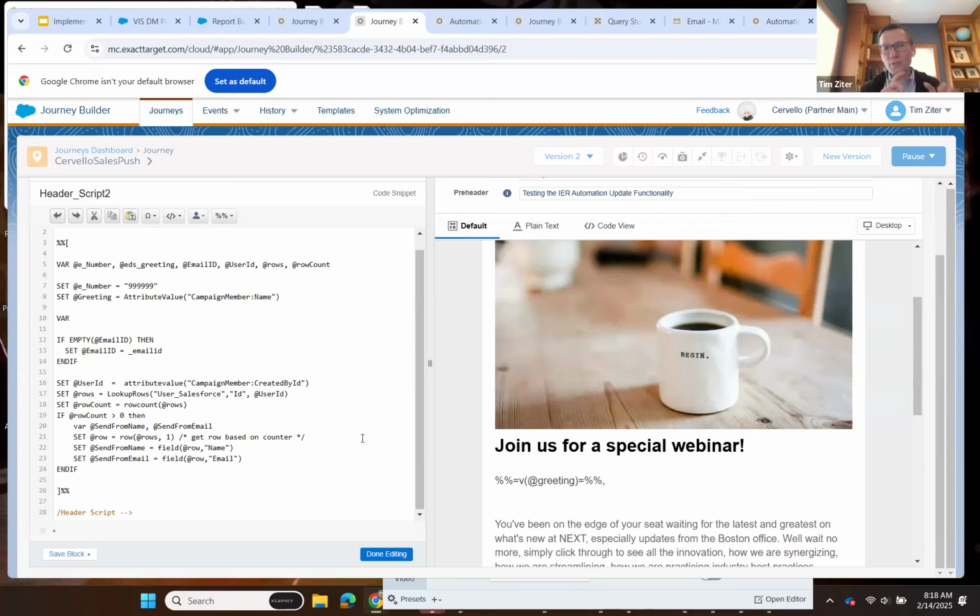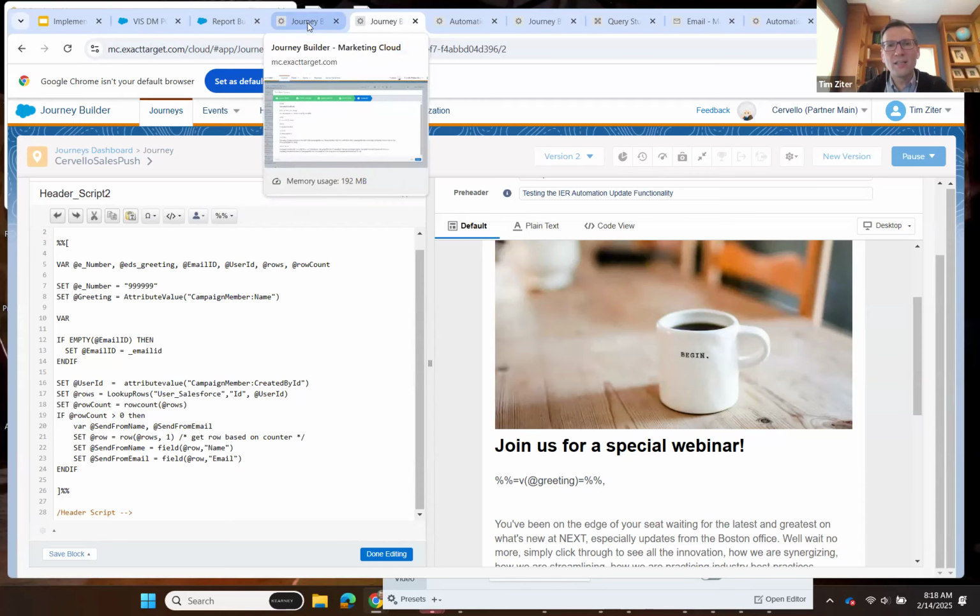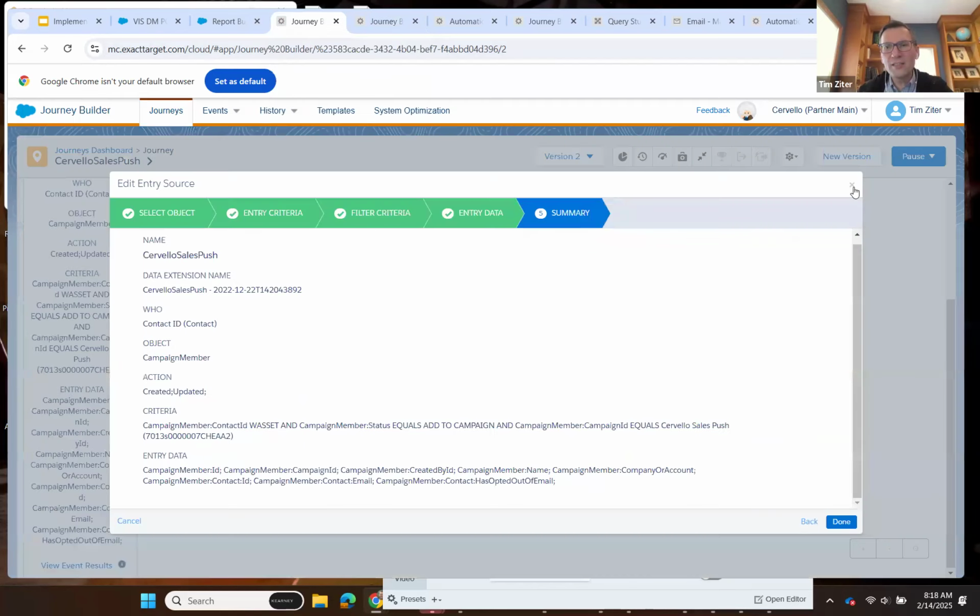Okay, so now that we've got this data populated in the send log, let's see if we can visualize that data. What I've done in preparation for this